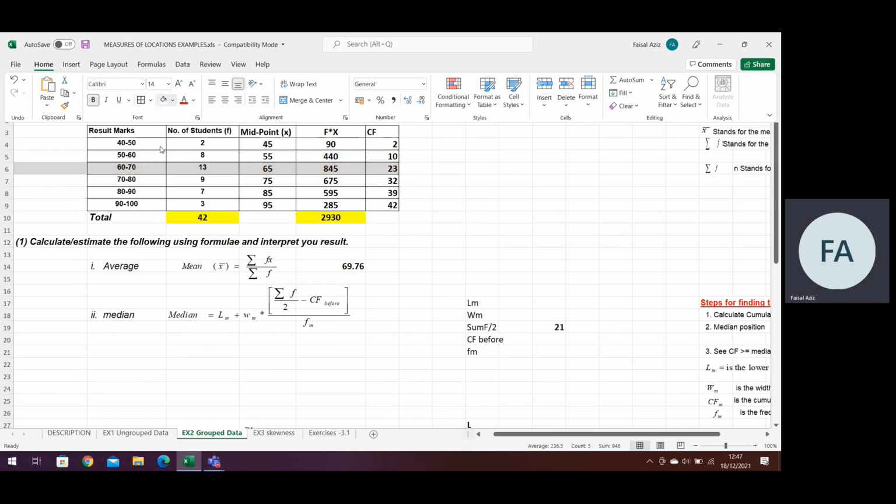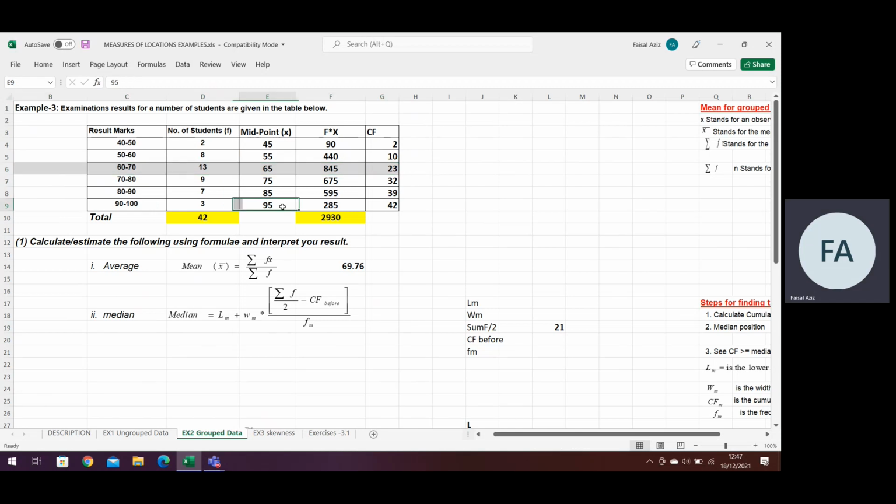I will highlight it in gray and then I will give it a name, median class. So this is what our median class is. Okay, after identifying the median class, we can put the values